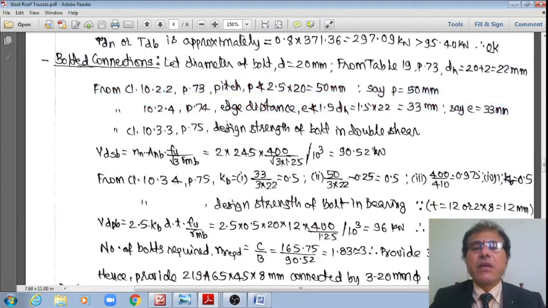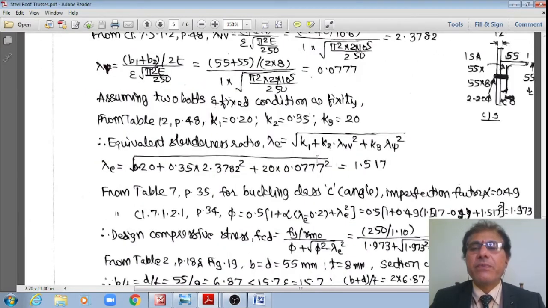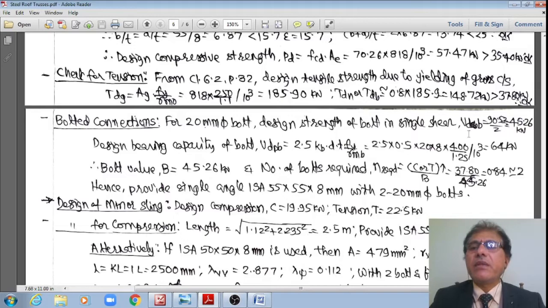Therefore the design strength of the bolt in single shear, VDSB, as per clause 10.3.3, page number 75, nn is equal to 1 now. That is the only change. However, the net area of the bolt is 245 multiplied by 400 divided by root 3 multiplied by 1.25 divided by 10 power 3. Because it is in single shear, 45.26 is what I am just recalling here. Therefore 45.26 is my design strength in the